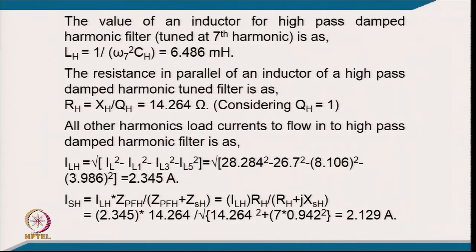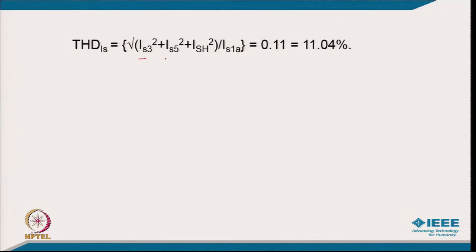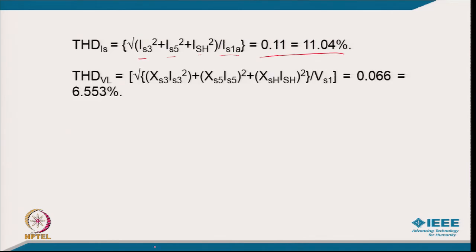So, this comes typically to 2.129 ampere, and the THD of the supply current will be the third harmonic, fifth harmonic, and all higher harmonics divided by the fundamental current. So, it comes to 11.04%, and the THD of the voltage will be typically the drop of all these divided by the fundamental voltage. So, it comes